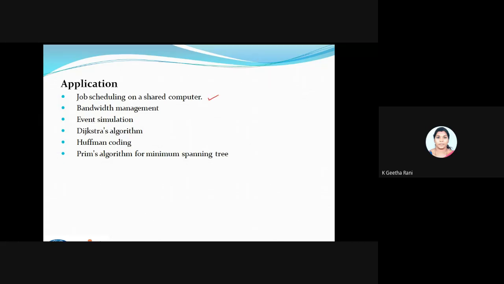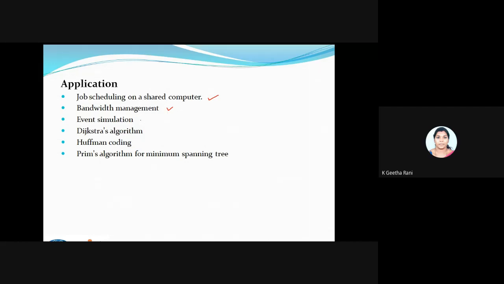If many computers are sharing resources, the priority queue plays a major role. You'll learn this in detail in your operating systems subject. For now, understand that the priority queue is used in job scheduling. Then bandwidth management, whenever there is sharing of resources, the priority queue comes in.